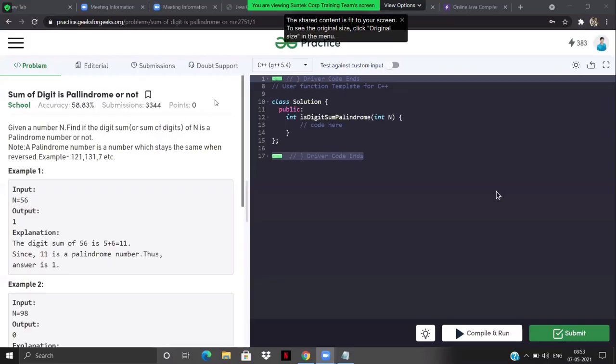Any doubts, guys, so far, whatever we have discussed? How exactly should we proceed for this?